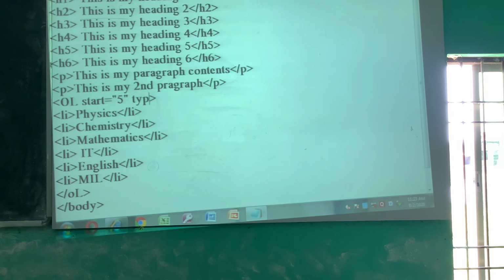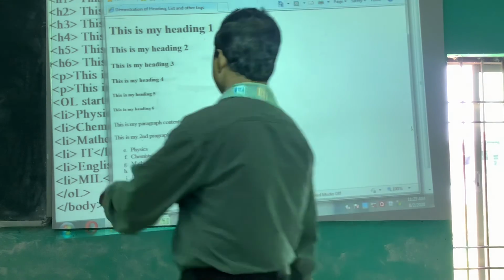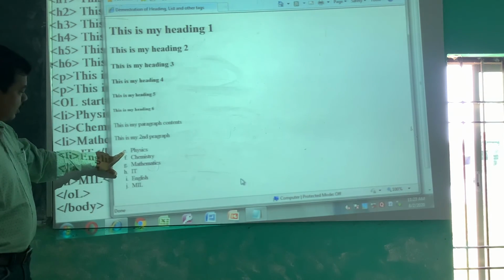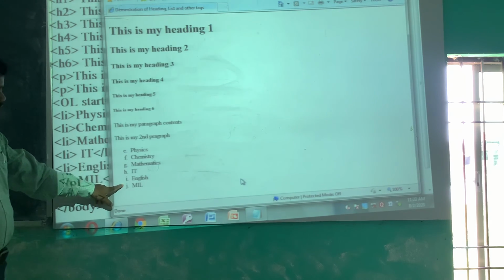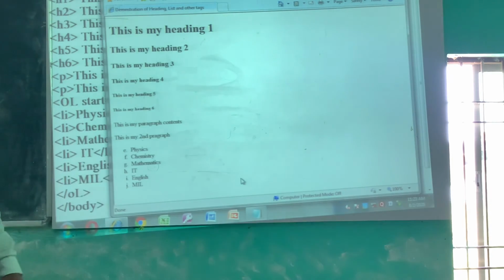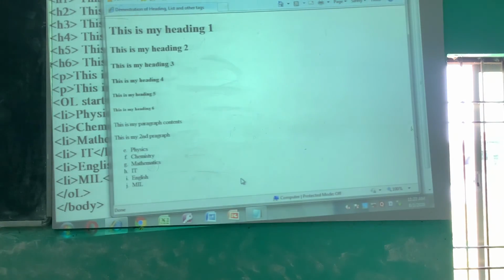Then suppose type equal to A. Yes, ABCD, and the fifth letter is E. So the items will be shown like that. So this is the ordered list of items. We can change it. We have demonstrated the unordered list and ordered list.